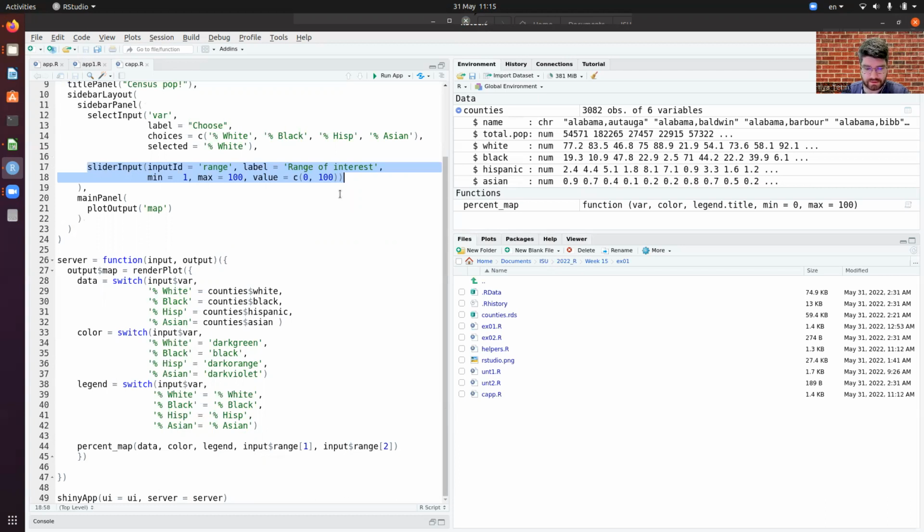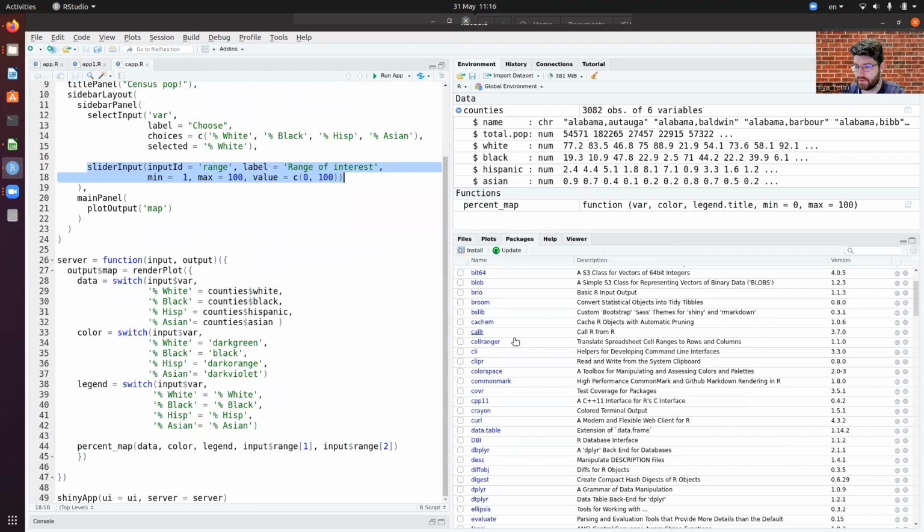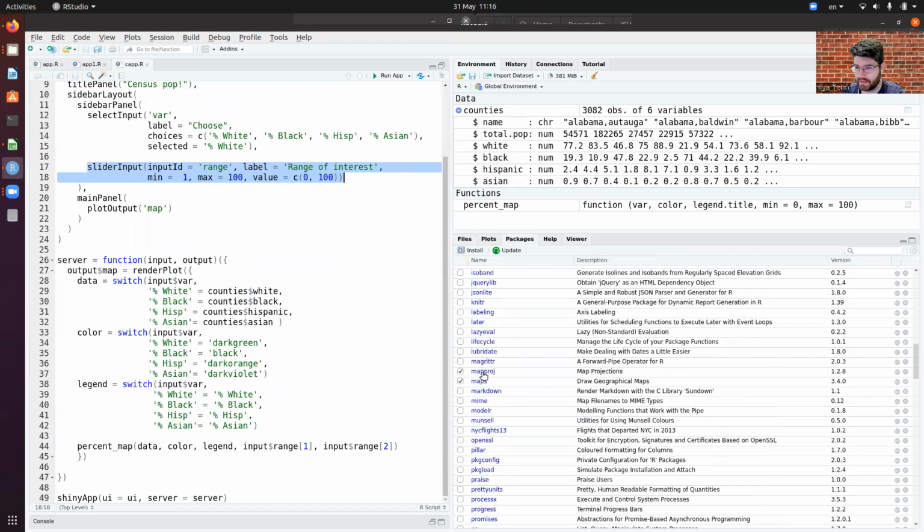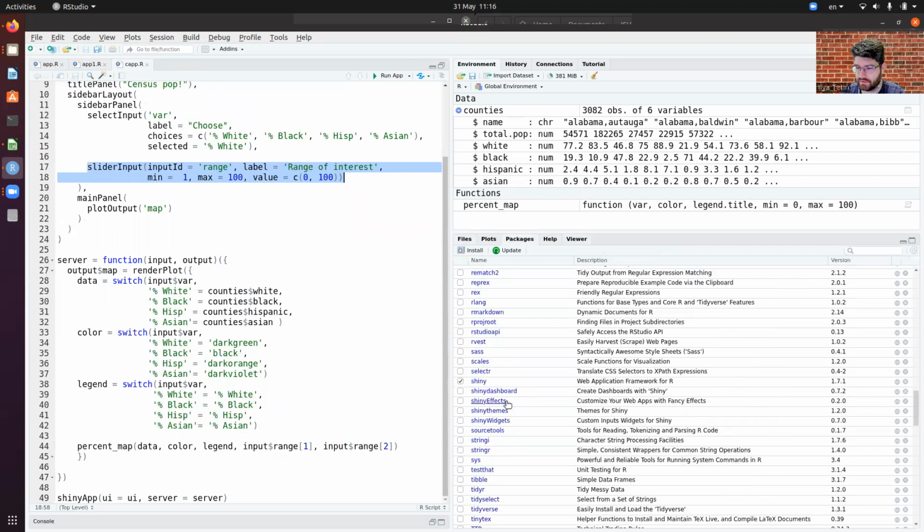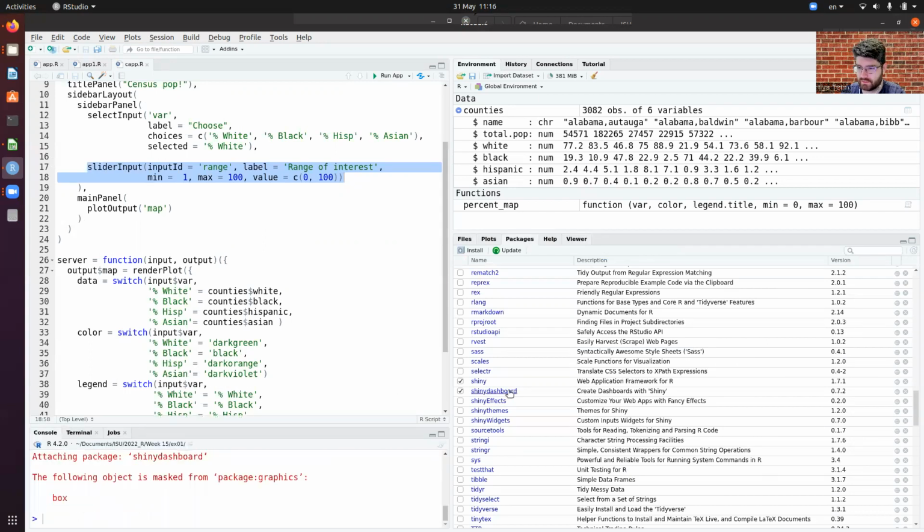And now let's create another app, and inside this app let's say what we are going to use. We're going to create a dashboard. So inside this app we will need the package shinydashboard, so you will need to install it. Okay, we create the R script,